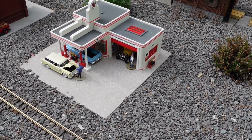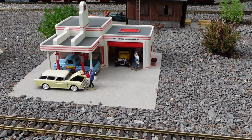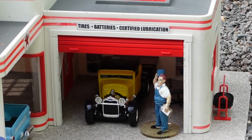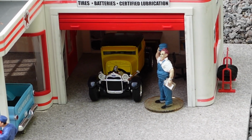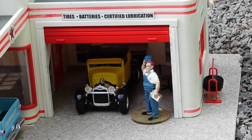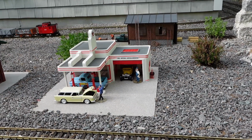We really like this. And then inside the Texaco station, we have our yellow 5-window coupe as my tribute to the movie American Graffiti. I saw this car on one of the websites, and I just had to have it. So we ordered it, and that's my John Milner special. I don't know if anybody will get that reference, but...